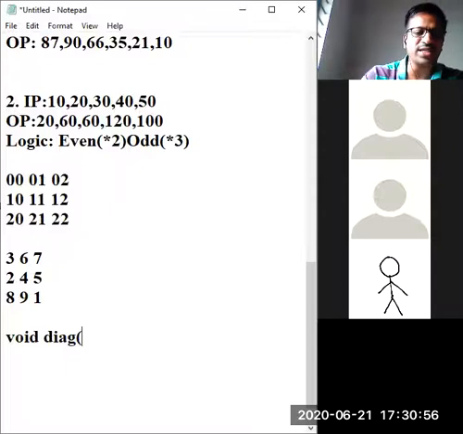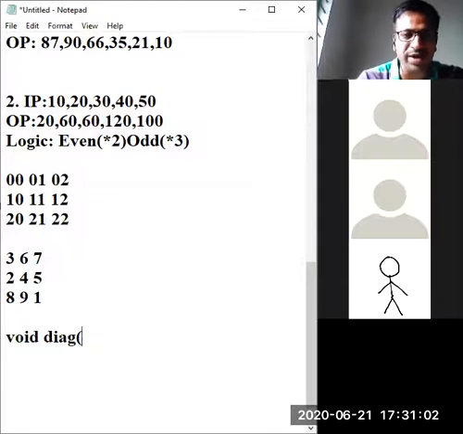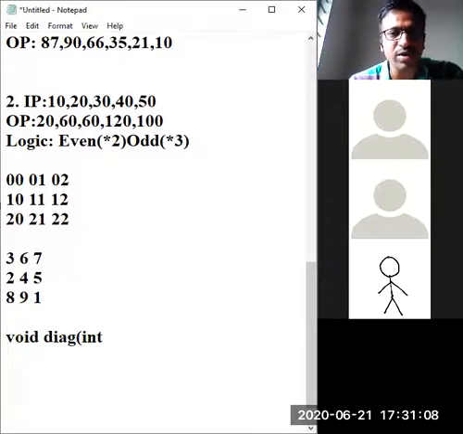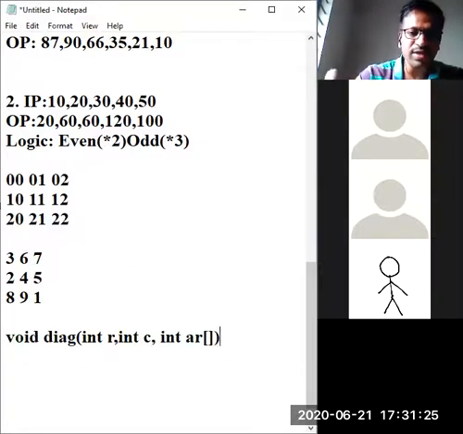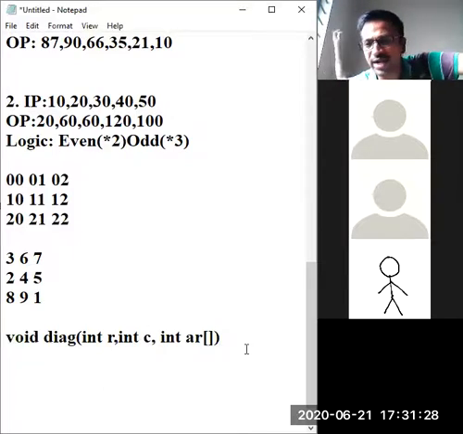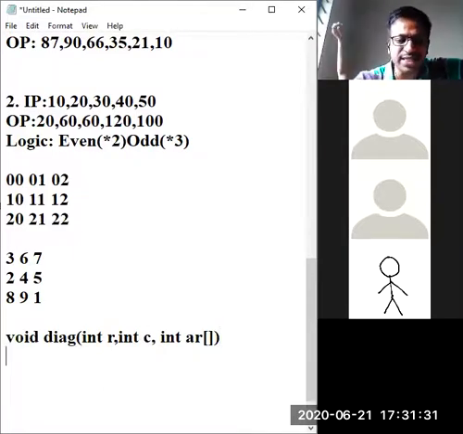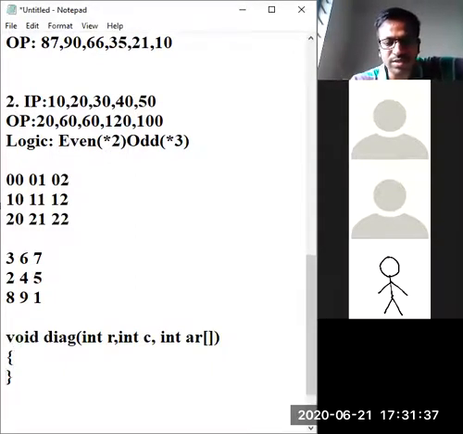If it is not a parameterized function, do like this; if it is a parameterized function, you have to write like this: int R, comma, int C, comma, int AR. They will give that, don't worry. And inside the braces, what kind of code are you going to provide? This code matters a lot.